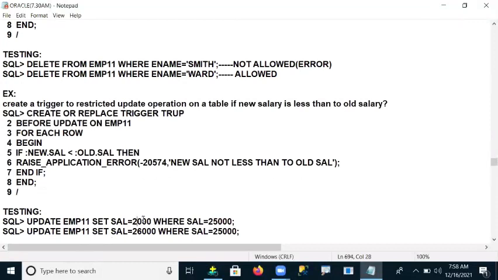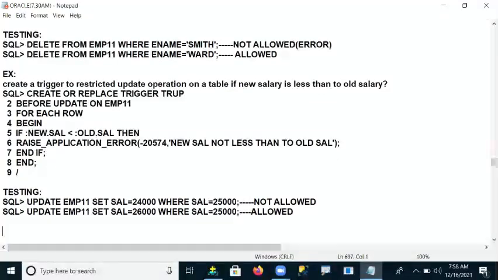So 24,000 is not allowed, but 26,000 was allowed here.